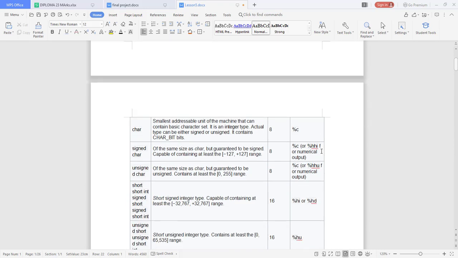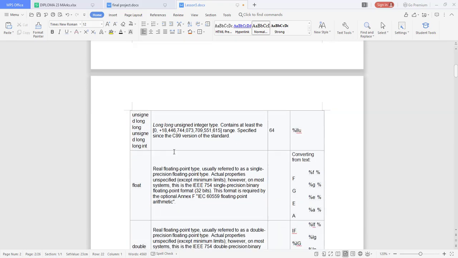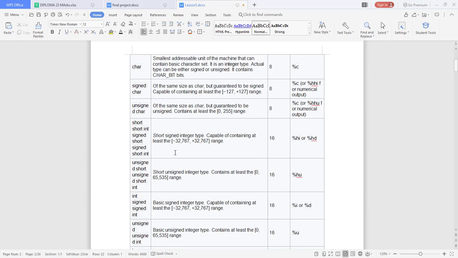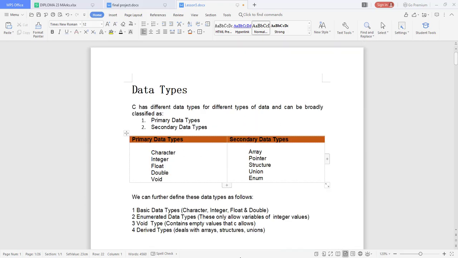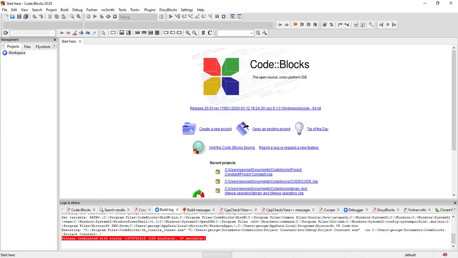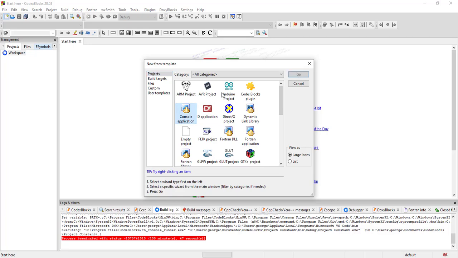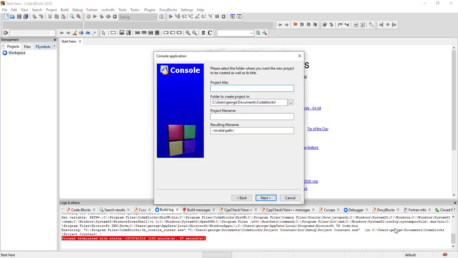At the same time, we can put them in a table like this. I will make this document available so that you see some of the things that we will be talking about and the things that we need to do. So let's quickly get to our code blocks and create a project that shows us some of these elements. We want to get into the gist of how these data types work. So we can say data type